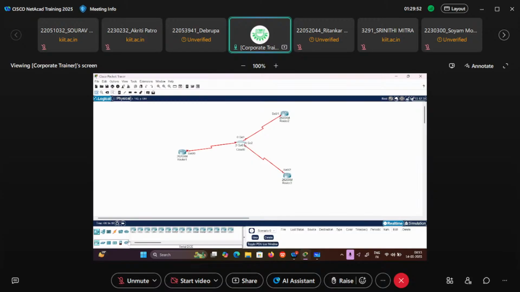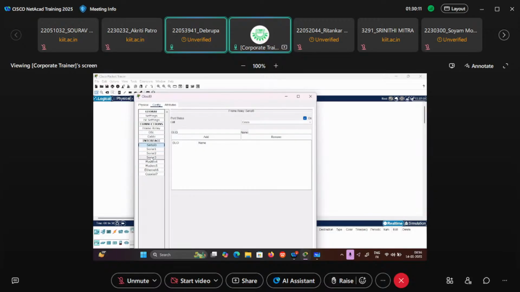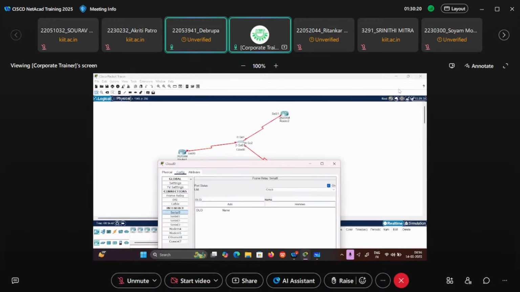Okay, so just look at here. What do I have to do next? Just go to the first cloud, and on the cloud, go to the configurations. In the configuration, can you see there are many serial interfaces, and we have connected three serial interfaces for different routers. Serial interface 0, 1, and 2 we have connected, right? So accordingly, what you do,